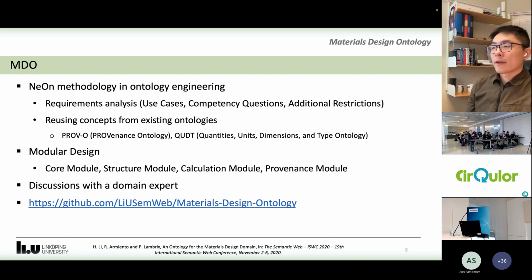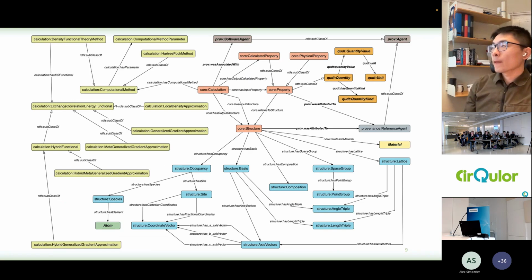And we developed the Materials Design Ontology in different modules, which are a core module, structure module, calculation module, and the provenance module. During the development, we discussed with a domain expert to decide what concepts and relationships to include in the ontology, as well as some axioms that the ontology should cover.